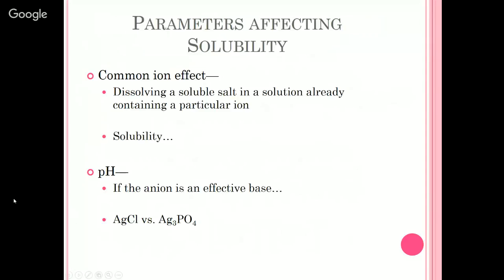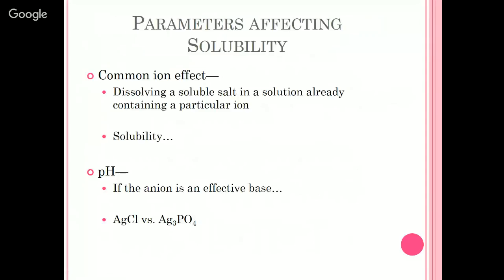So here I give an example, silver chloride versus silver phosphate. The Cl minus came from a strong acid. Hydrochloric acid, strong acid, HCl, breaks apart, never gets back together. Phosphate ion came from a 3-step dissociation of its protons because it started off as phosphoric acid, H3PO4, went down to the phosphate ion. So this was never a strong acid to begin with. Therefore, the